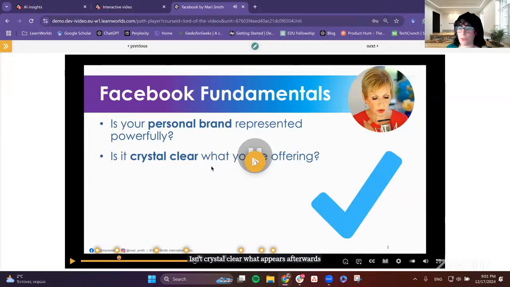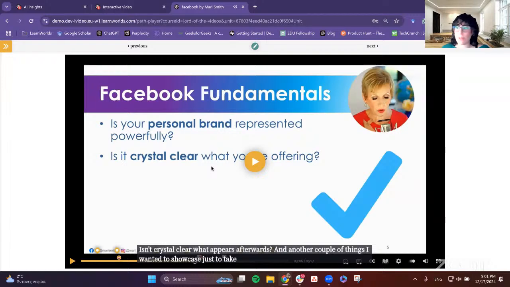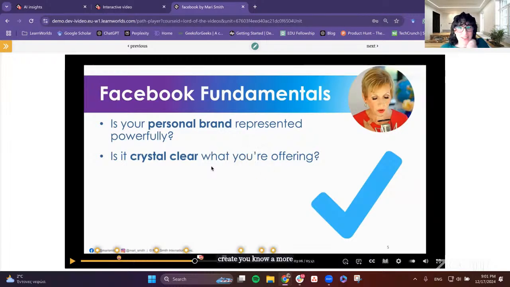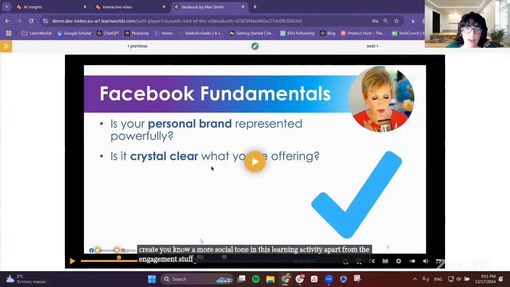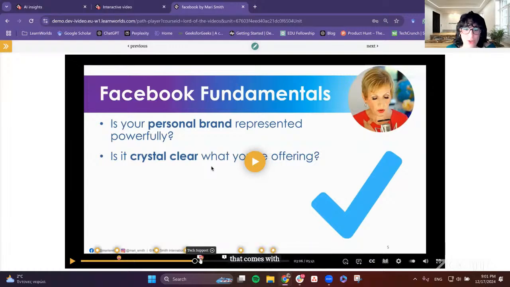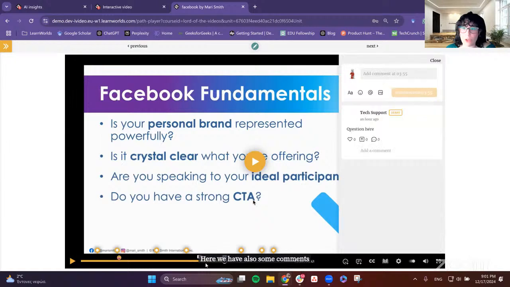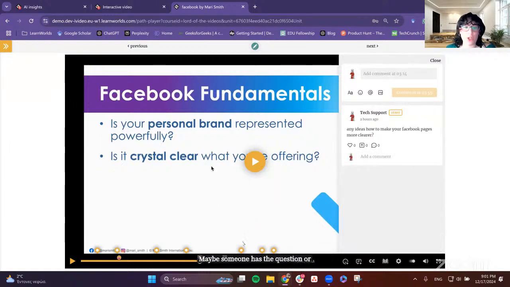Another couple of things I wanted to showcase, just to take the whole experience a bit further and create a more social tone in this learning activity. Apart from the engagement that comes with knowledge-related questions, you can see that here we also have some comments at the bottom. Maybe someone has added a question, or the instructor prompts the learners with some additional questions.